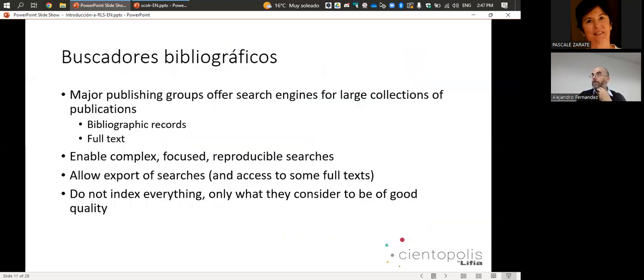So this is half and half. I did the translation last night. So